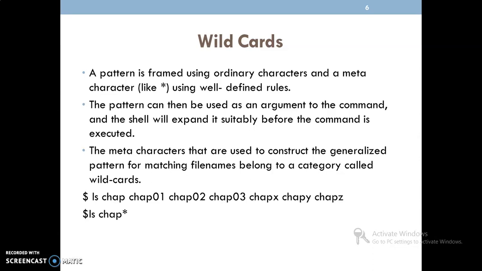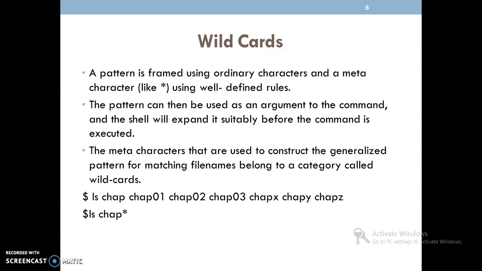Next, we have wildcards. A wildcard is a pattern using specific ordinary characters, and those characters are what we call metacharacters. The pattern can then be used as an argument to a command, and the shell will expand it suitably before the command is executed.